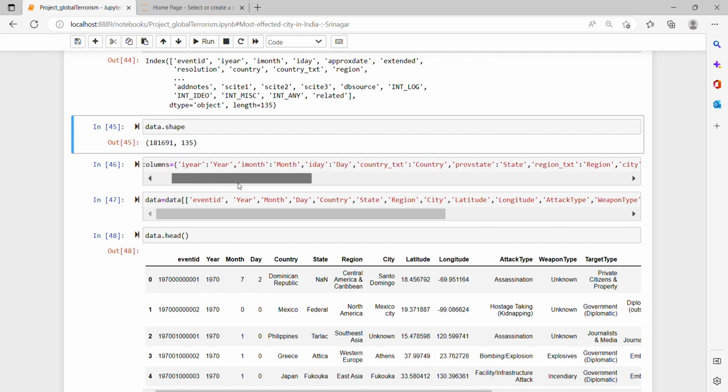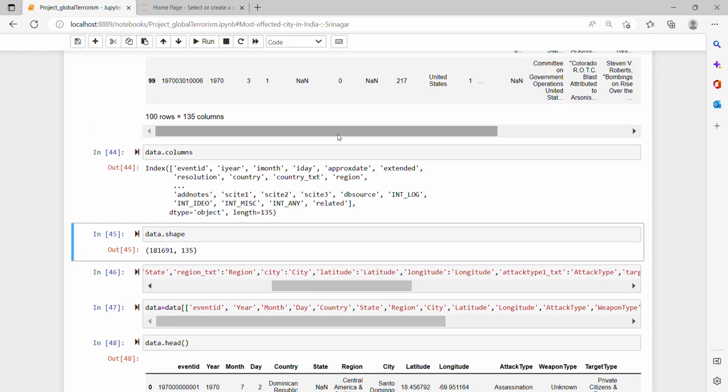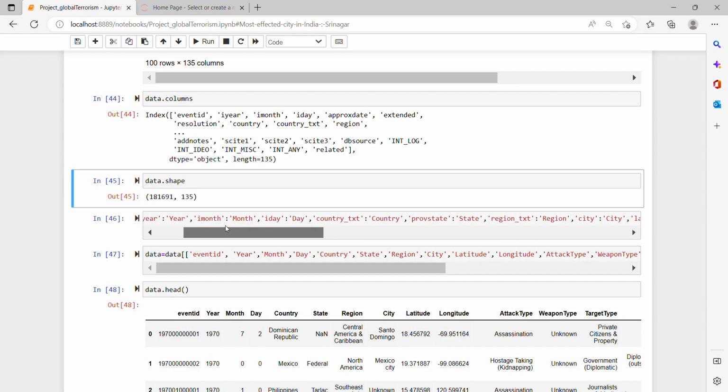Next, I have done renaming of the important columns. Like you can see here, the year column is named as iyear, and the country column is named as country_txt. So to do better analysis, I have renamed all these columns for better understanding. Like iyear has been renamed as year, the country_txt column as country, the provstate column as state,